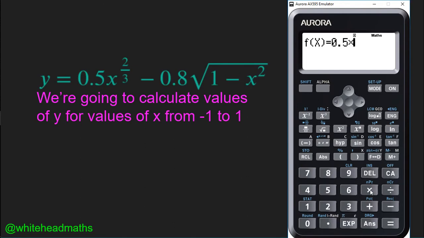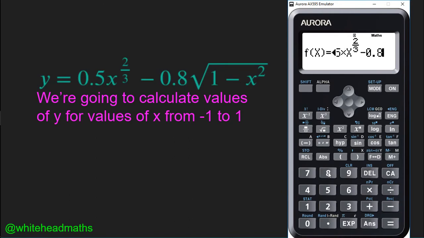0.5 times. Now I need this white x here, so this is going to be alpha x, raising it to the power. It's a fractional power, so I'm going to have to use my fractions button, use my down arrow to move from the numerator to the denominator. Now a few right clicks to get my cursor down on the main line,